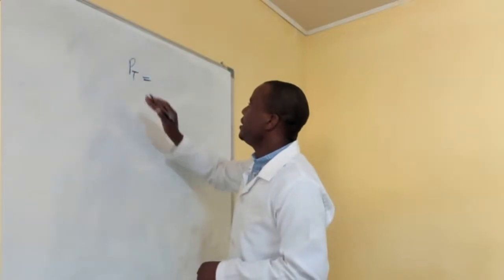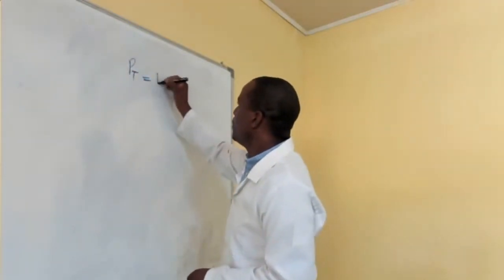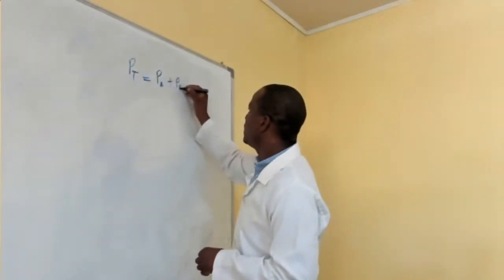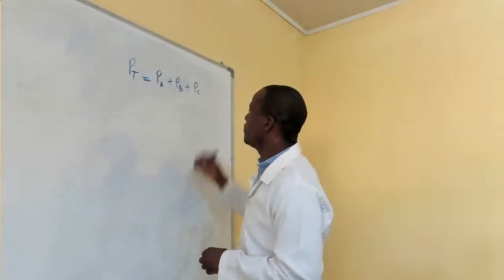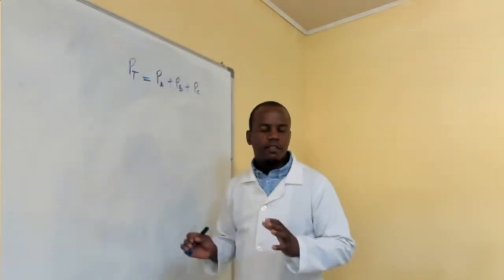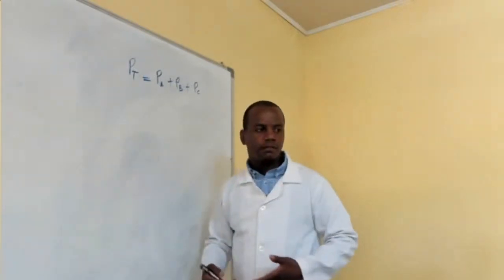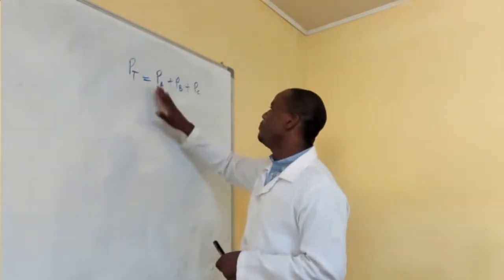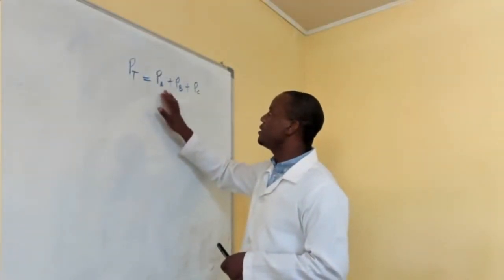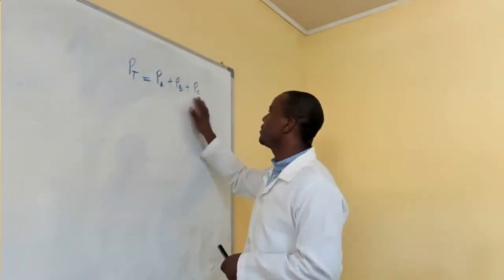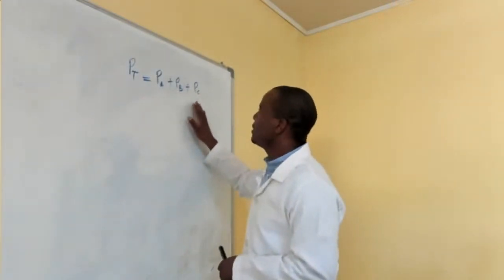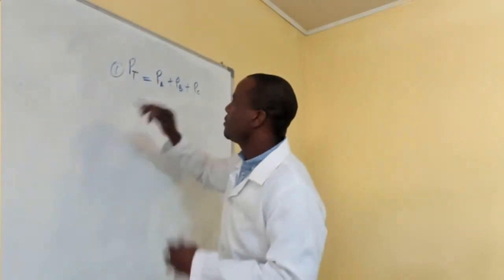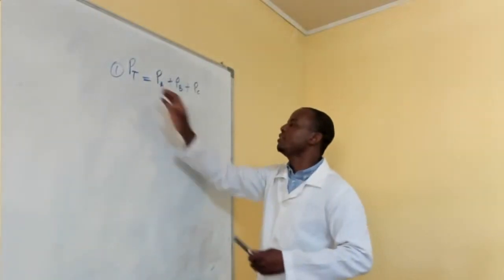So the PT, the total pressure, will be equal to the partial pressure of gas A, for example, plus the partial pressure of gas B plus the partial pressure of gas C. But if you have more than 3 gases, then you have gas D, gas E, gas F. So we're just using these abbreviations. So the PA, the A is a subscript, so the B is a subscript, and so on and so forth. So these are actually just representing the partial pressures. So this is one way you can calculate the total pressure within the